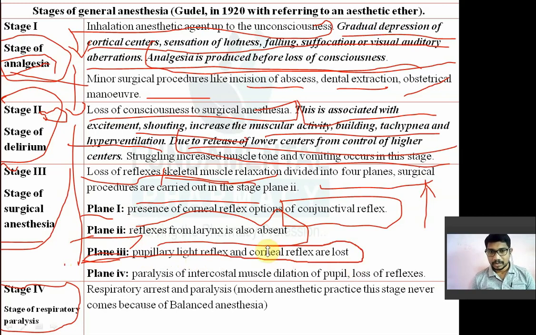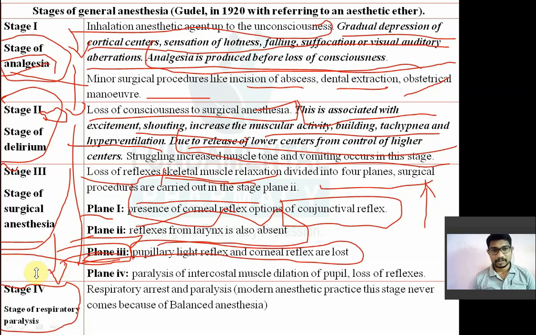तो corneal reflex and pupillary reflex जो present था आपके plane 1 में, corneal reflex, so that will be also lost in plane 3. मतलब जो आपके cornea के ऊपर light गिरेगा तो constriction relaxation नहीं होगा, that means pupillary reflex is lost, corneal reflex is lost, and up to this stage patient is alive. यहाँ तक patient जिंदा होता है, जैसे ही concentration बढ़ गया यहाँ से नीचे गया,